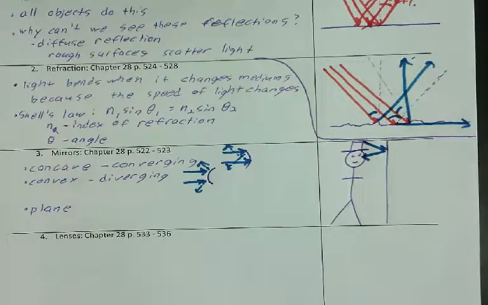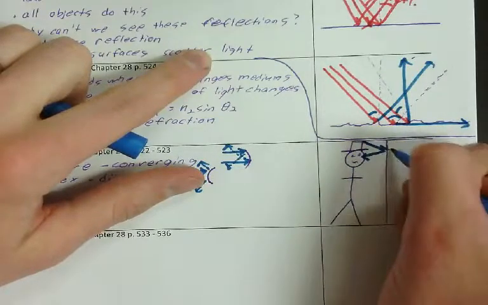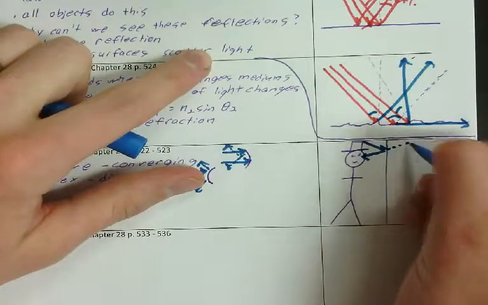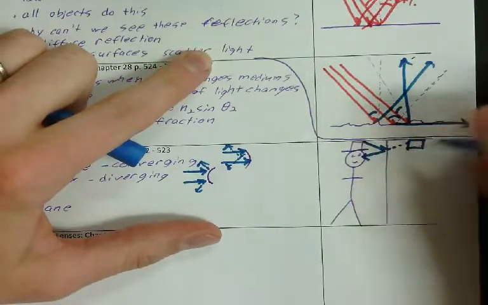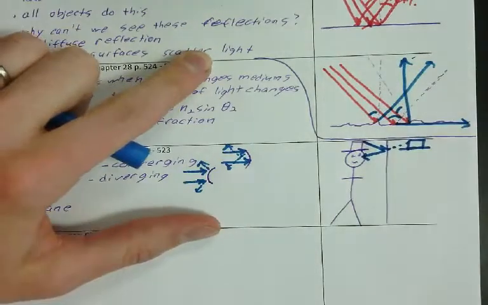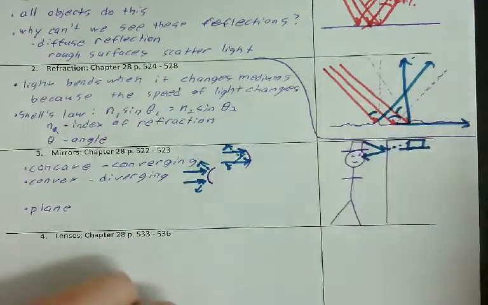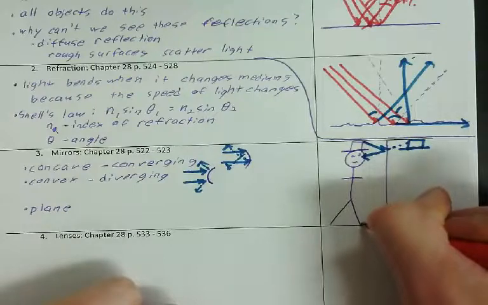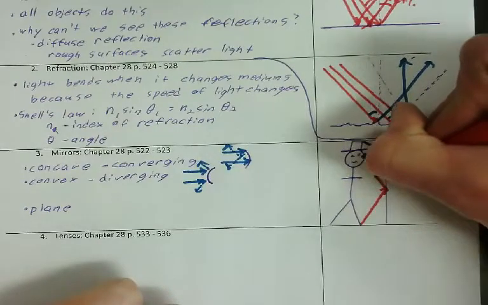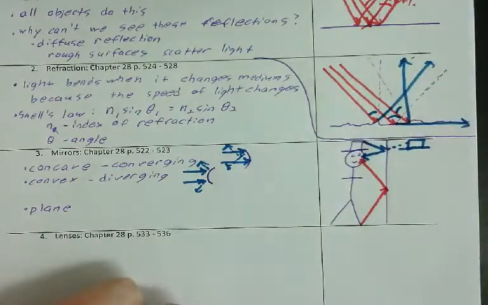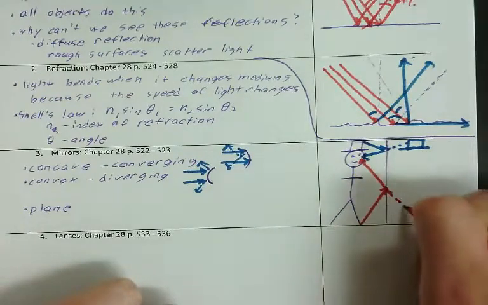So what I can actually see is where the light looks like it comes from. It doesn't look like it comes from my hat. It looks like it comes from over here. Okay? Same thing with the light from my feet. The light from my feet goes in all directions. Some of that light goes this way, hits the mirror, obeys the law of reflection, and ends up at my eye. But my eye doesn't see the light come from my foot. My eye sees the light come from